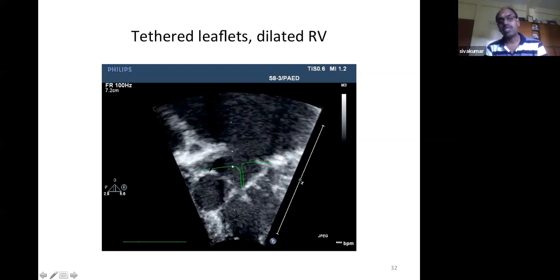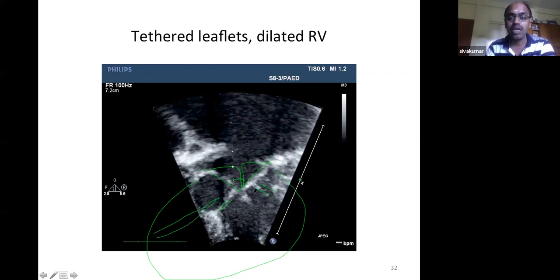Here we can appreciate that there is a significant tether angle that has been created by the leaflets not being able to go up to the plane of the annulus at all. So this tethering can be due to two reasons. It can be due to abnormal caudal attachment towards the left ventricle, or it can be due to a markedly dilated ventricle, thereby a normal attachment, but it is being pulled. So these two different types of tethering,